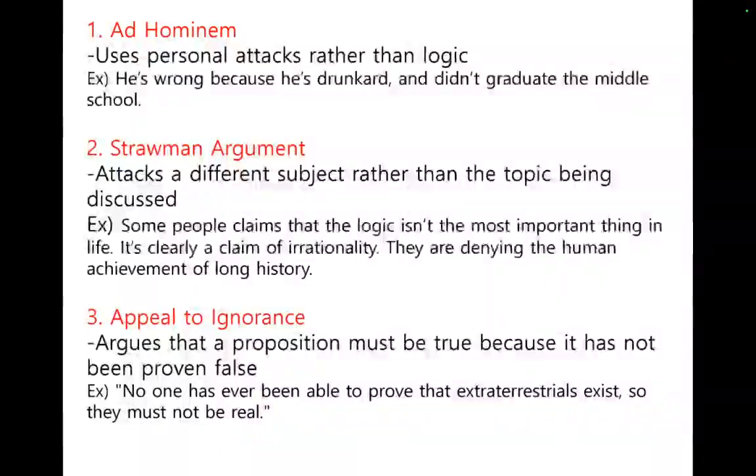First logical fallacy is an ad hominem fallacy. It occurs when refuting the other person's words, not by speaking against them, but by criticizing them for their personal information. It uses personal attacks rather than logic, like personal characteristics, ethnic background, physical appearance, or other non-relevant traits of the person who holds it. The sentence, "He's wrong because he's a drunkard and he didn't graduate middle school," can be an example of